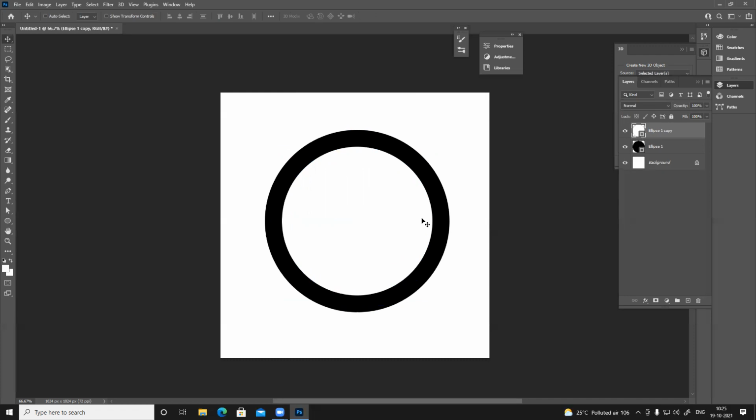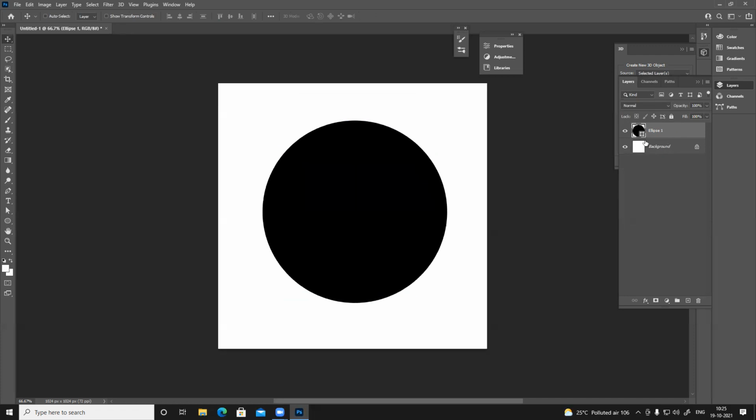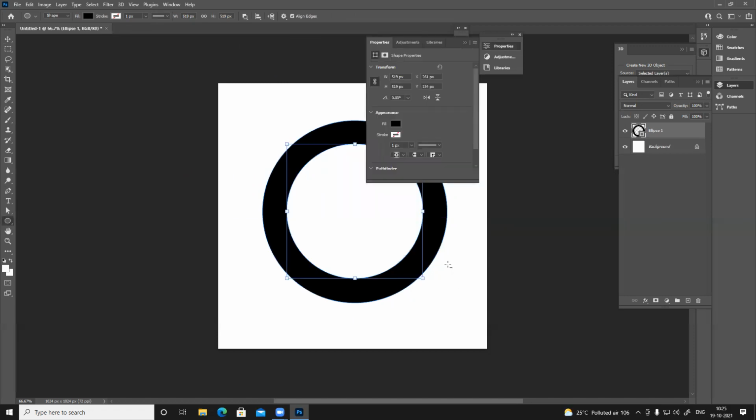But what if I want to create it in one layer? In that case, I'll delete this. I'll select this layer only, go back to my ellipse, and change it to subtract. With Shift, it will create a circle, but the position is not correct, right? To move it, hold the space bar, and now you can move it wherever you want. Photoshop by default gives you these points, center point, nicely aligned, so you can just click and place it wherever you want. Basically it subtracts that part from this.